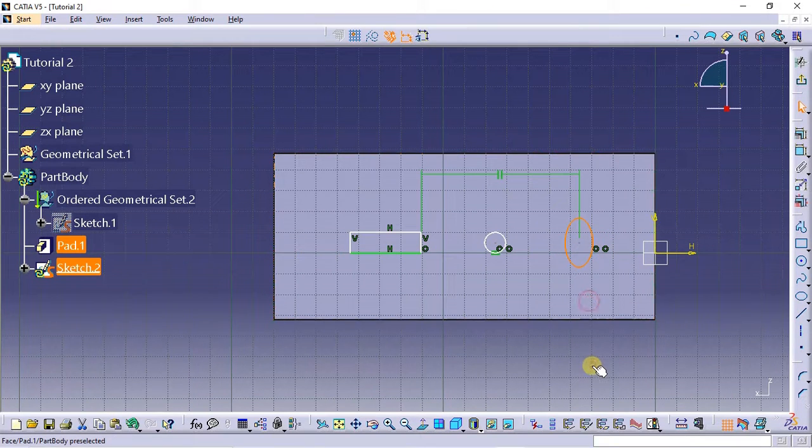All right. So we have a rectangle, a circle, and an ellipse, and we're about to use the